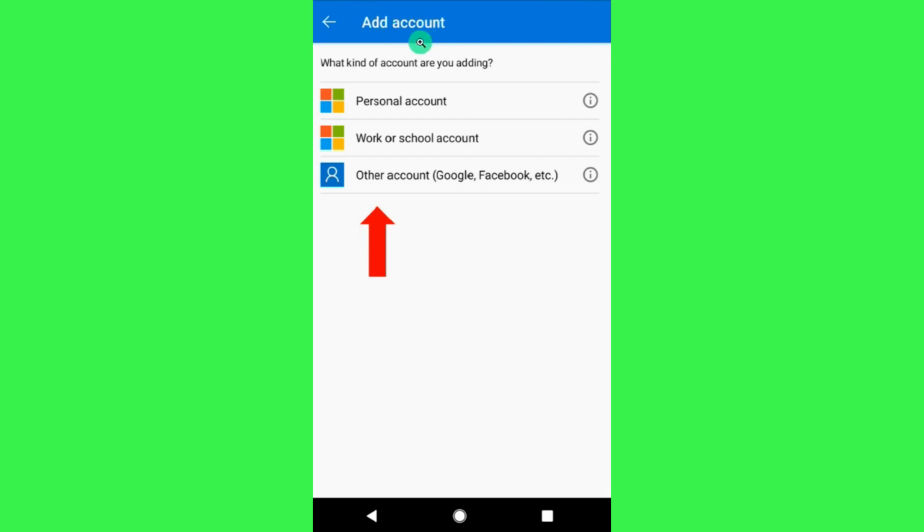Once I've done that, you will be landed on this add account page where you are going to see these three options that would allow you to add your account on Microsoft Authenticator. Now among these three options, you will have to tap on work or school account. This way you will be able to see a pop-up in front of you where you need to tap on